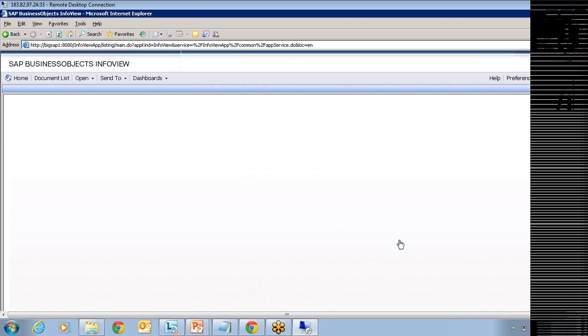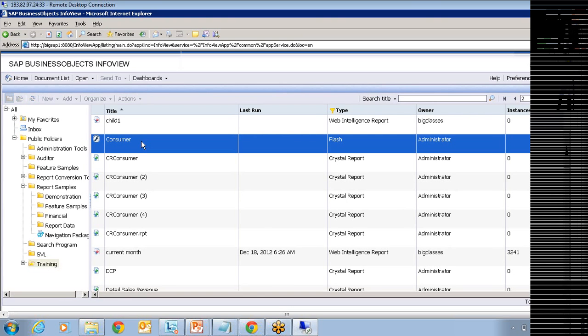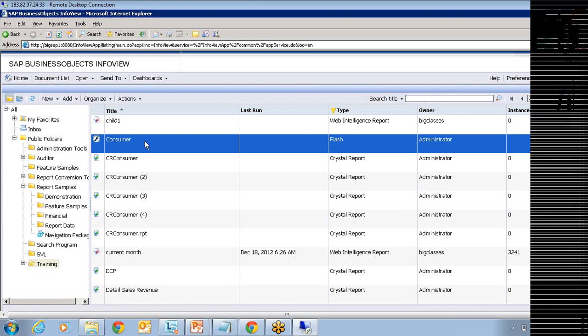To execute your SWF file, no servers are required, right? You don't need any server to process your SWF file. This is an independent file. For example, to open your PDF, do you need any server? Not required. But to open Crystal Reports, you need processing servers. In the same way, this specific file doesn't require any